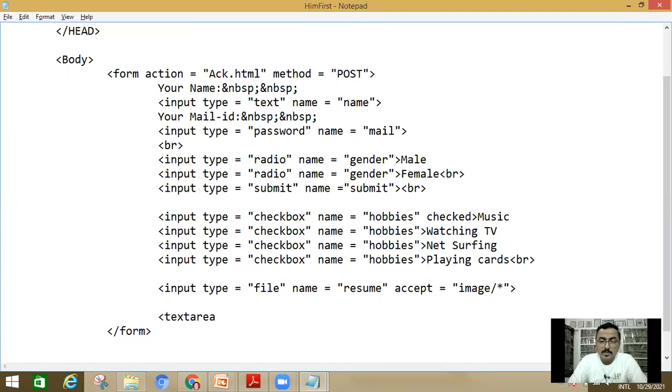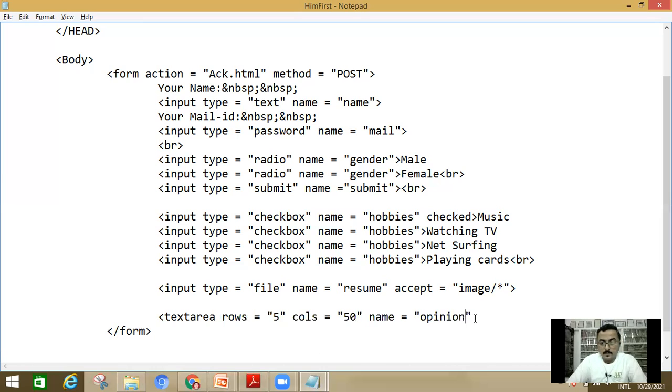How? With the help of attribute rows is equal to 5. After that, columns is equal to, for example, 50. And again, by default, something named like I have put an opinion.